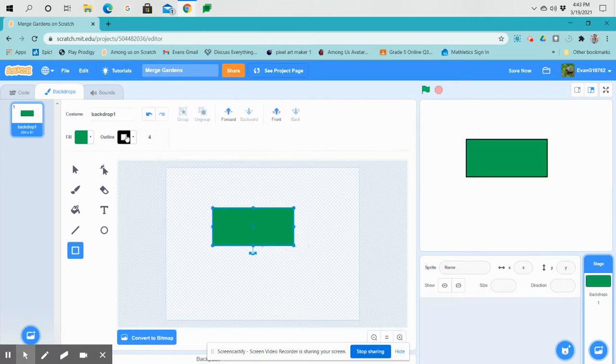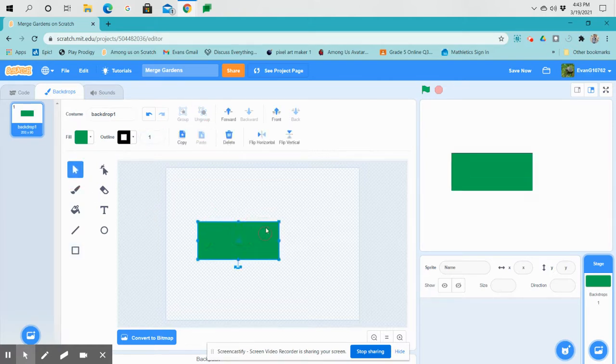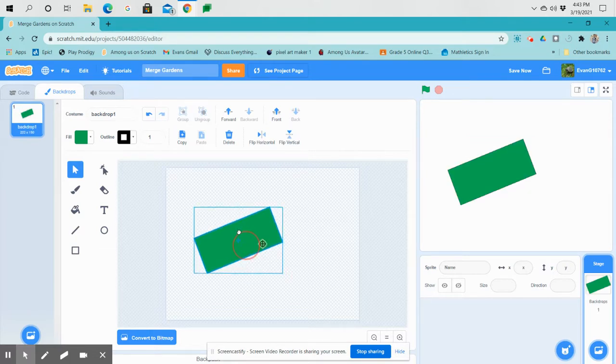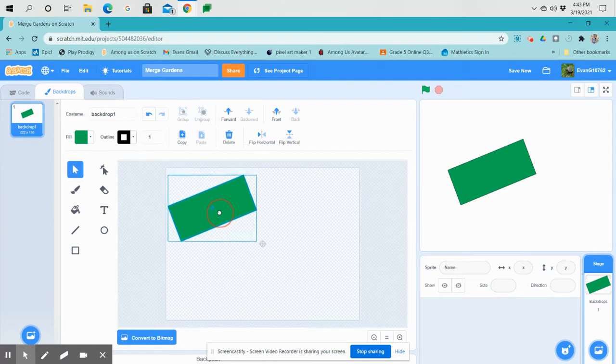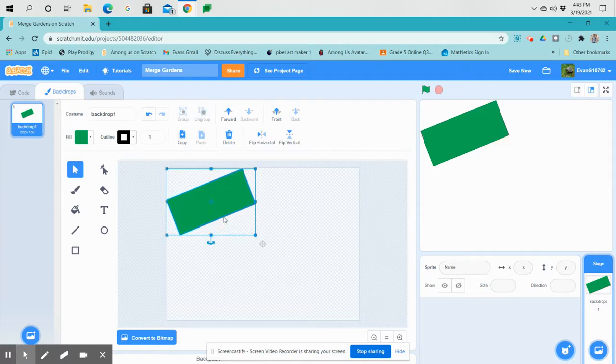Oops. Did not mean to give an outline. You don't want an outline at first, or you could add an outline of 1. It actually does make it look pretty good. And then you're going to want to rotate it so it looks like a giant island, merging island. And then